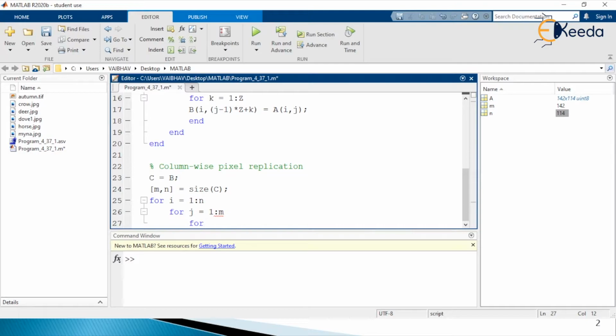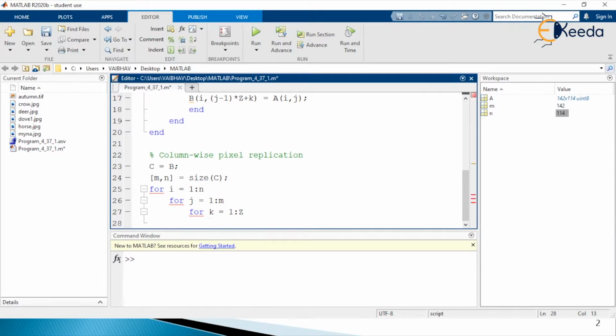And therein inside we are having the last for loop for this task, the index variable is k, that is starting with the value 1 extending to the value capital Z, which is the zooming factor here. So the first loop is for extraction of each and every column. The second loop with the index variable j equal to 1 to m is to extract each and every row. And the third loop inside the nested loop is for controlling the number of replications here.